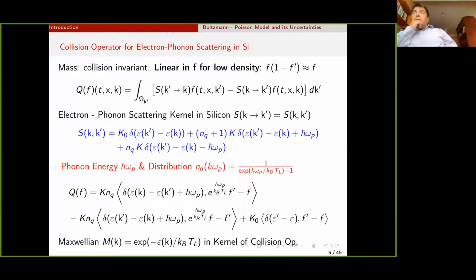For low densities, what you can do is an approximation where you relax your enforcement of the Pauli principle and you disregard quadratic terms. And so you have this linear collision operator in terms of F. So you have this structure. And now one important feature of basically electron-phonon scattering in silicon, or basically in semiconductors, is that, well, as I